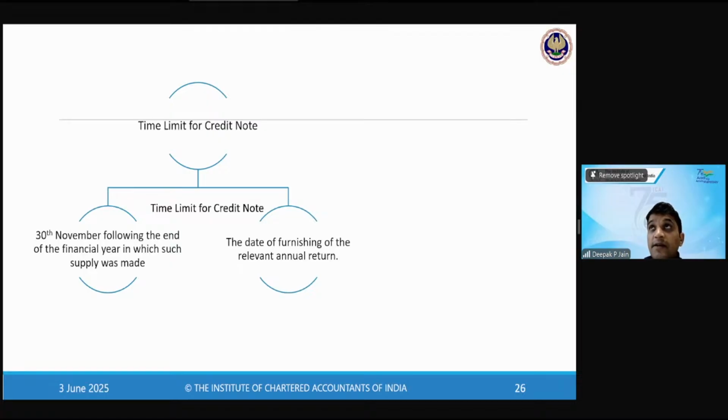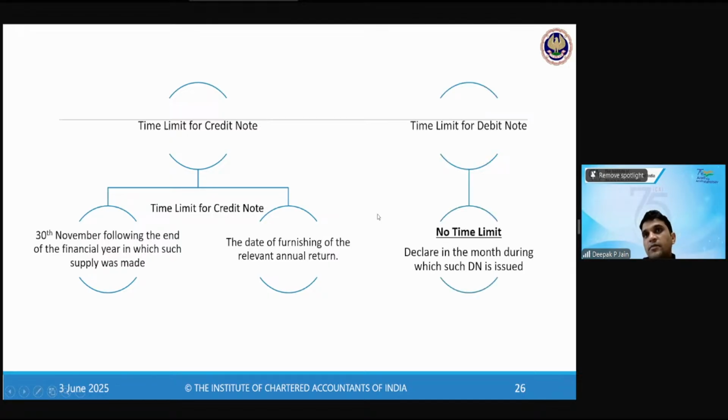So the time limit is actually when the thing pays, but the reporting in the return is this date. It says that any registered person who issues a credit note shall declare the details in the returns by the 30th November or the financial year end, or before the date of furnishing annual return, whichever is earlier. But for the debit note, there's no time limit because government is getting revenue in case of debit note. So they will tell you, anytime you find the mistake, you pay us the tax. They will not fix any time